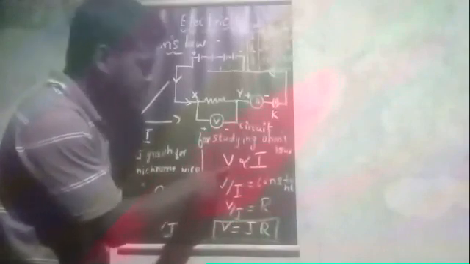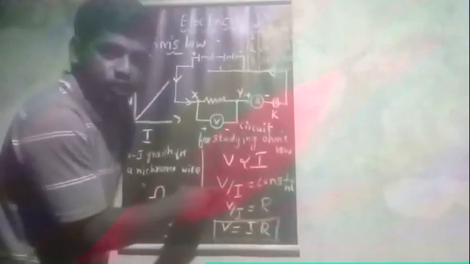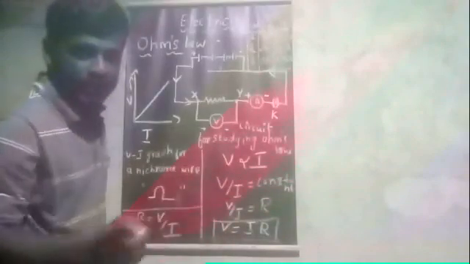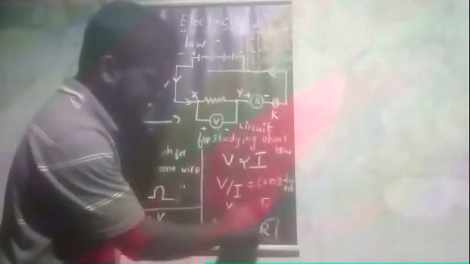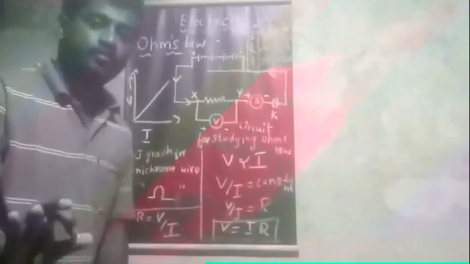By studying the circuit, we got potential difference V is directly proportional to electric current. And the ratio of voltage by current is equal to a constant. That is what we got from the trials. So we can write that constant as R. This R is nothing but the resistance of the material, a constant known as resistance of the material. So we can rearrange this formula such that V is equal to I into R. So this is the mathematical expression for Ohm's law.